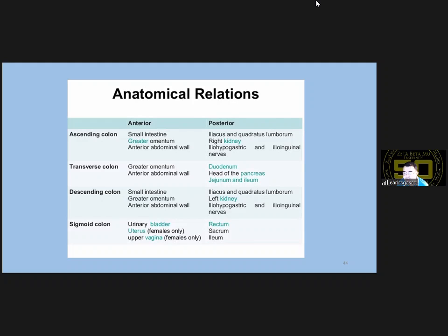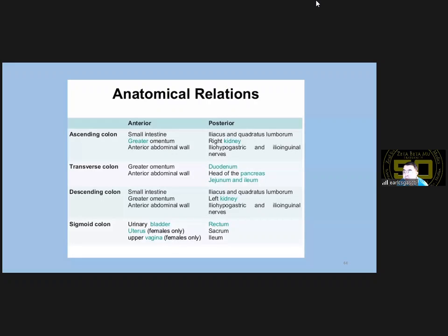Posterior to the transverse colon, you will see the duodenum, the head of the pancreas, and the jejunum and the ileum. Now, for the descending colon, anteriorly, you will see a few loops of small intestine, the greater omentum, and the anterior abdominal wall. Posterior to the descending colon, you will see the iliacus and the quadratus lumborum muscles, the left kidney, and some